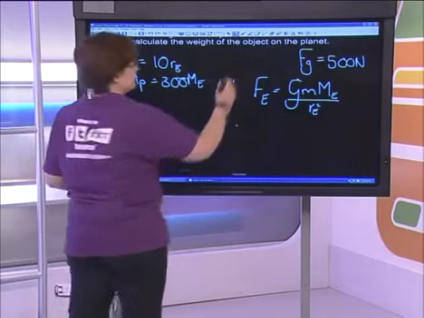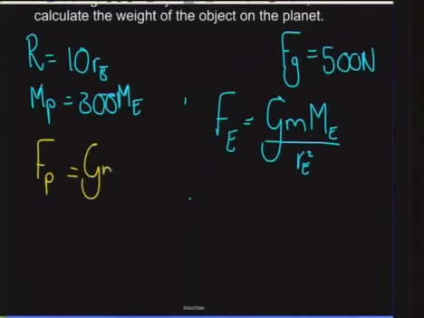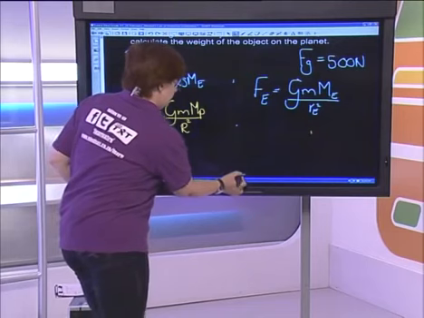Let's deal with the planet. I'm going to do it in another color so you can see what I'm doing. So the force that he's going to experience on the new planet is G, mass of the planet divided by the radius squared, because I called it big R. But that's not going to really help us. So we want to get it in terms of mass of the Earth, radius of the Earth, okay? So we go